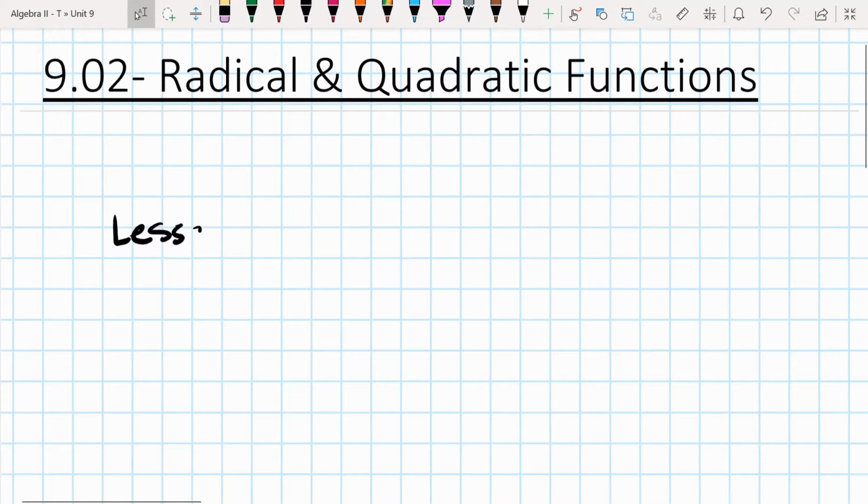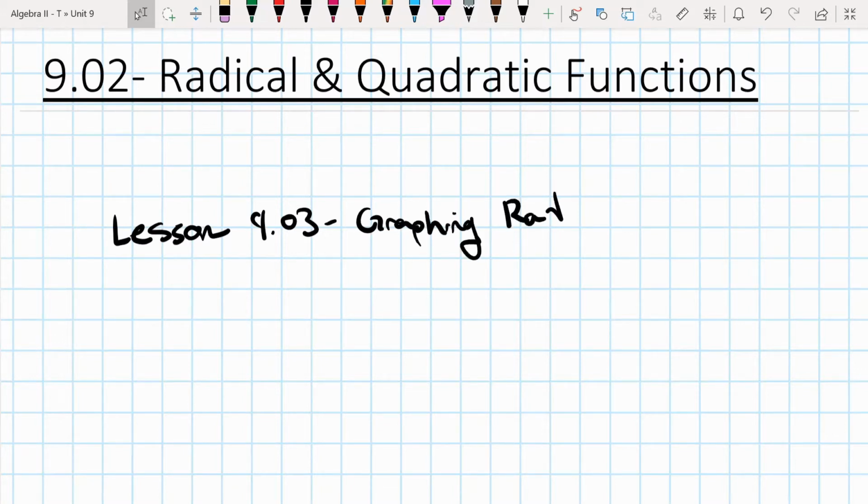Lesson 4.03 is on graphing radicals. That is definitely one concept I want you guys to know for this. Kind of making a table using the right x values to graph a radical function. I go through a problem like that in today's video, and then it's on the homework for the week as well. Additionally,